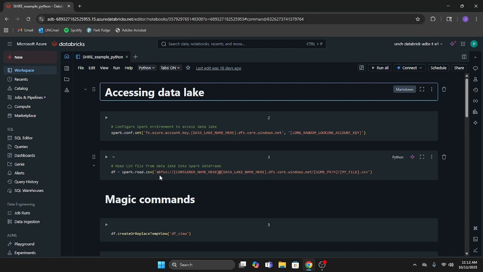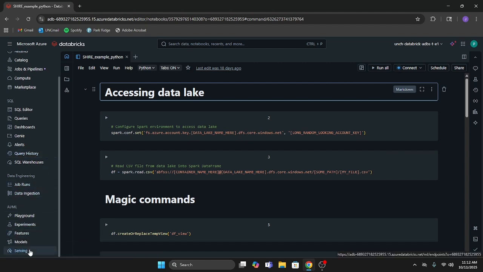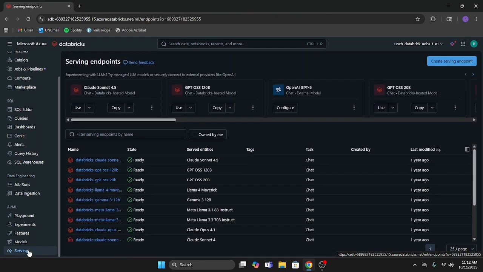And the way that you'll set up access to these LLMs is through model serving endpoints. And these can be accessed through the serving page at the bottom of the sidebar here. One of your options would be to set up an endpoint that connects to an external model, a model that's hosted somewhere outside of Databricks. So for example, you could connect to a GPT model that's being hosted directly by OpenAI, or you could connect to a Claude model being hosted directly by Anthropic. This type of LLM access is disabled in the SHIRE though,